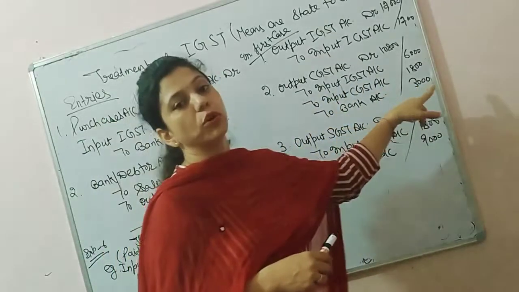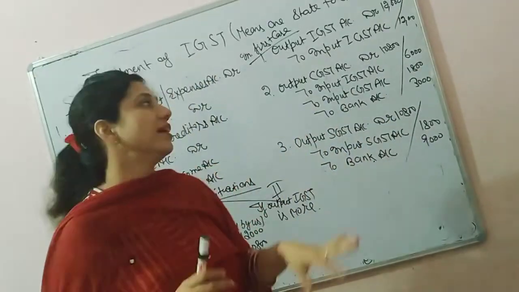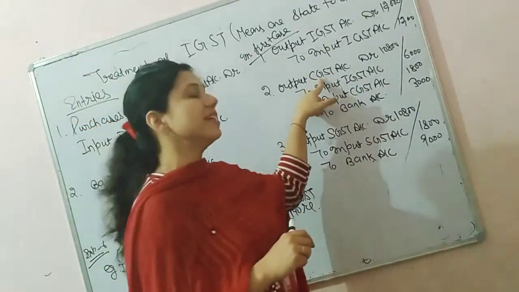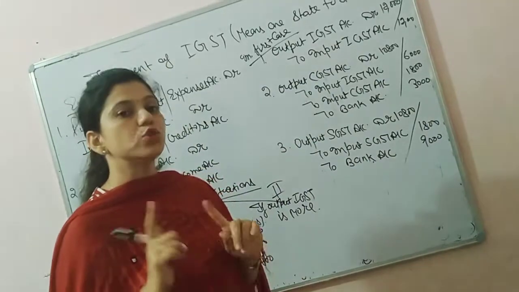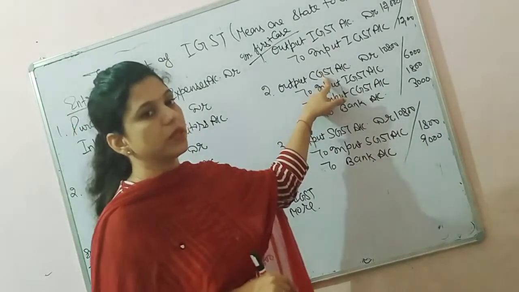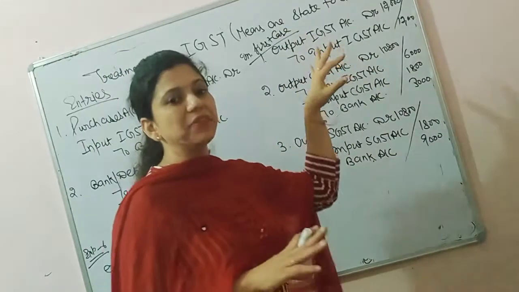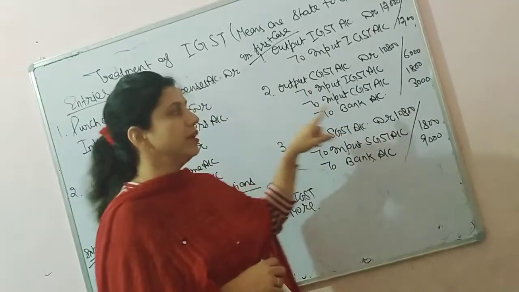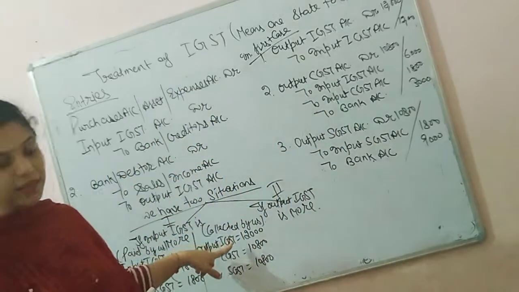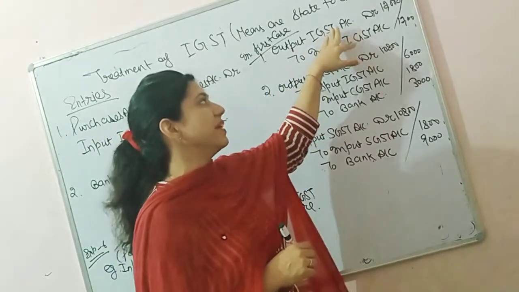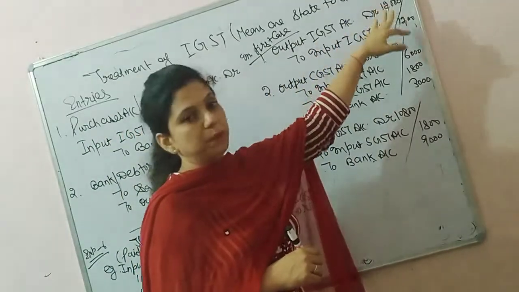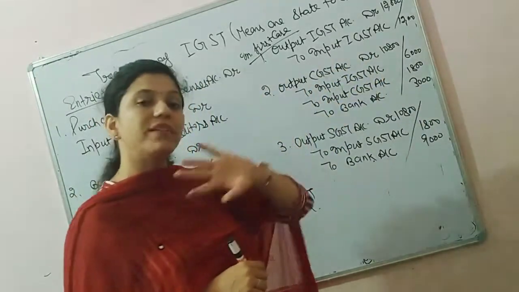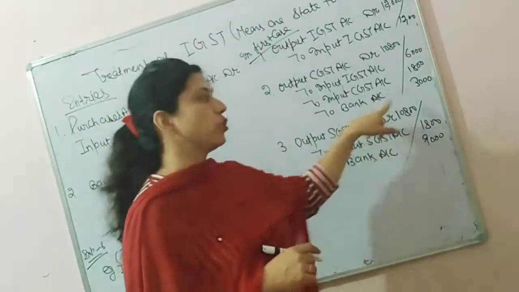The remaining balance will be paid to government, because it's quite clear that in IGST, CGST and SGST are included, but in CGST, SGST is not included, so we can't cover SGST from CGST. But in case of IGST, we can cover all three. So the last entry, again I am repeating: as input IGST is more by 6,000, we cover output of 12,000 from input IGST. The remaining 6,000 will be covered from output CGST. Now our whole loss is covered and the balance is paid to government.